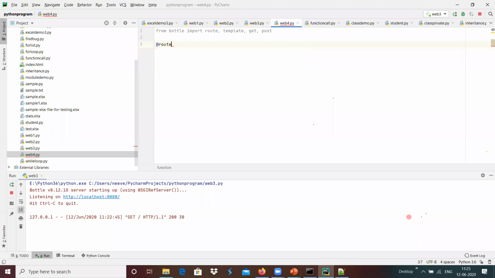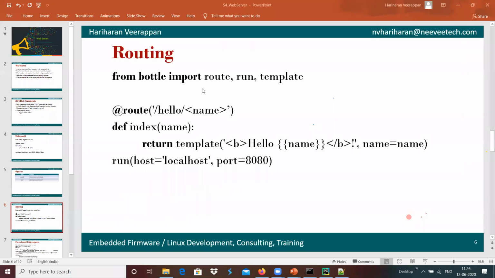Inside that I'm going to do a route of hello slash name, and def do_hello of name, and I'm going to return the template format.